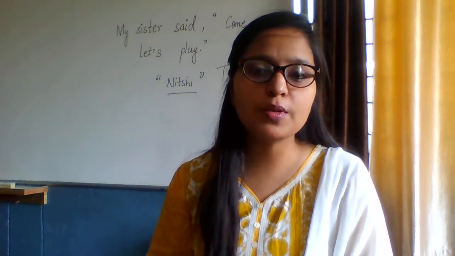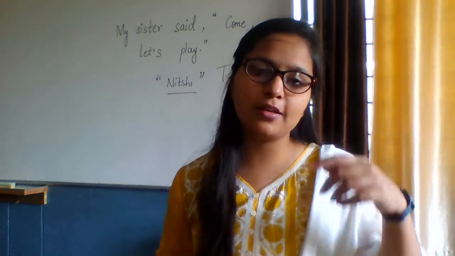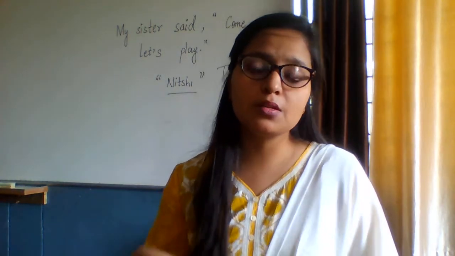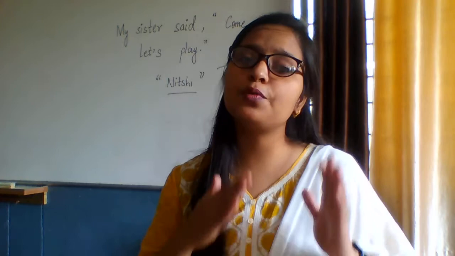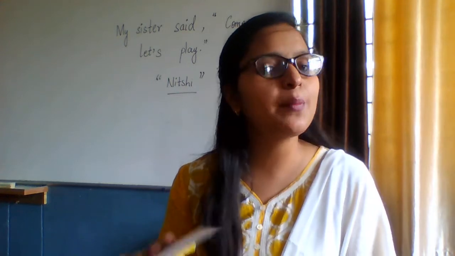So in a picture composition, what things do you see? Your English teacher who's teaching, and there's something written on the board, and the teacher is wearing a yellow dress and spectacles, and there are curtains at the back. The place looks like the teacher is in the staff room, in the class. Okay, so all these things you are going to write down in the form of pointers. Like I make pointers for you, this point, this point, this point. Similarly, you have to make observation pointers for your picture composition.